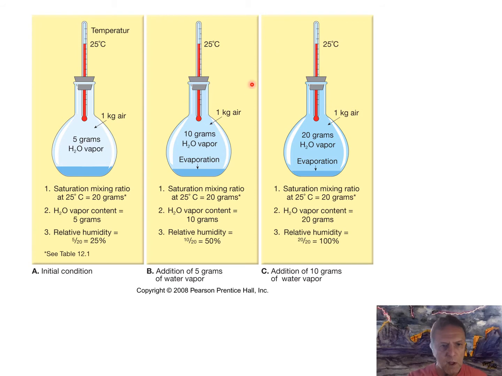This is a little bit of a complicated graphic, but I'll lead you through it. So let's look at this diagram and note a few things. Let's start with the temperature gauge up here. Temperature is at 25 degrees centigrade, or about 77 degrees Fahrenheit, and it remains constant throughout this graphic. Now, at that temperature,